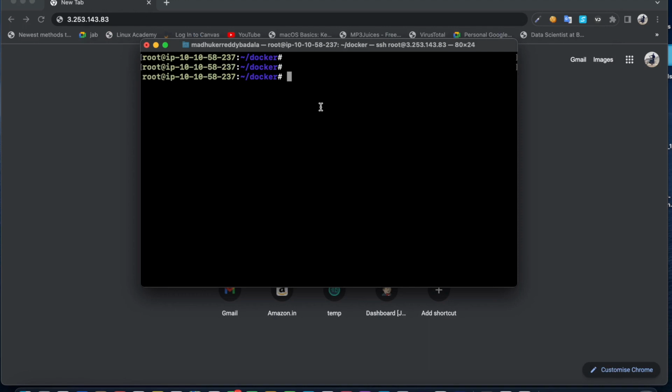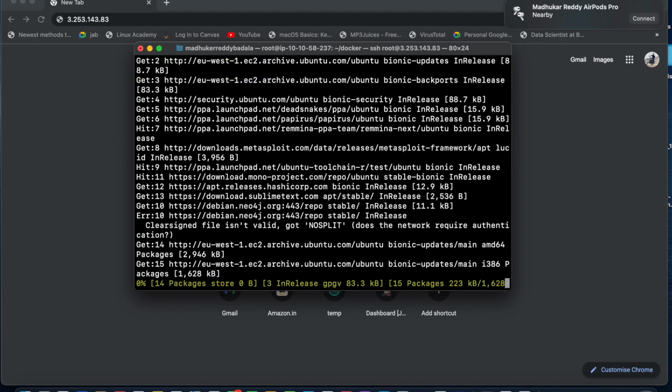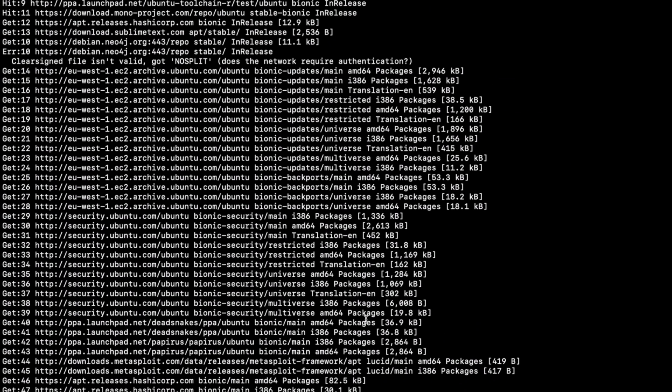Docker container. So I'm using an Ubuntu machine for that. I'm hosting this machine at AWS. Once you deploy your Ubuntu machine, just do apt update. Once you're done with apt update, then let's run the command